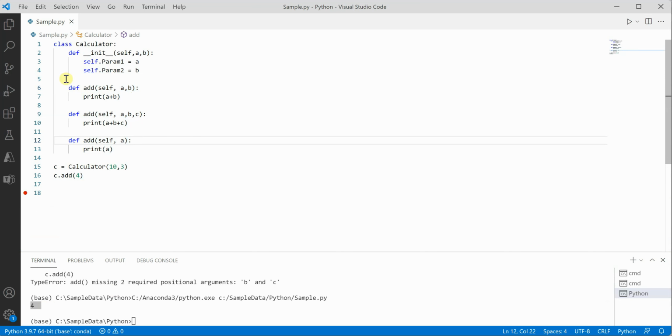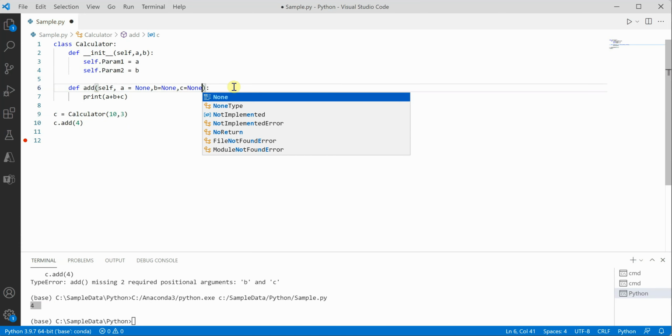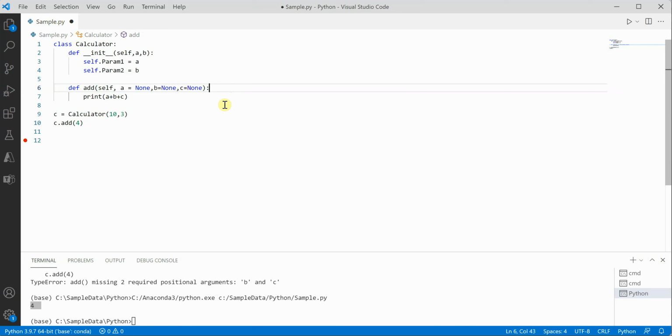To minimize this, what we can do is create a function with the maximum number of arguments. Let's say at max we can pass only 3. So we can do this, and by default we can assign the value as None. Assigning the value like this, we have already seen in our previous video. This is called the default value, or the default argument, for a, b and c. If the user is not passing any value, it will take the value of a as None, b as None and c as None. But how will you execute it?